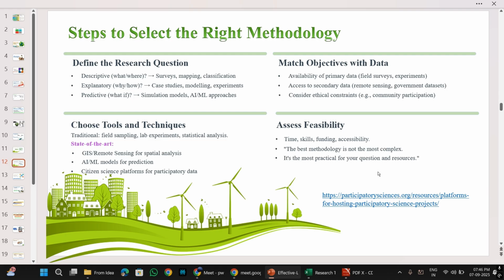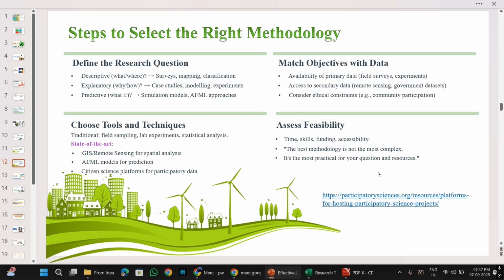So there are these platforms, where government itself, or individuals themselves put out a survey that anybody can go and address, and then that data is made available for researchers, no matter at what corner of the world you lie. So if you find some such data that is coming from such participatory platforms, it is relevant to your study, then why not, you can go ahead, use them. So there are such platforms as well coming up, right?